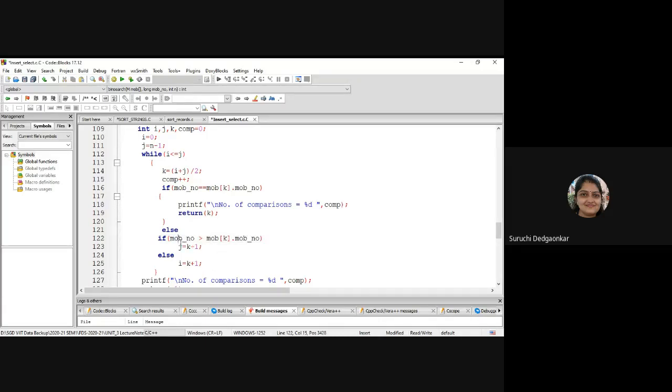Okay, otherwise if it is ascending, I will modify I to k plus 1. Okay, clear, because I will be searching in the right sub array in that case if it is ascending, but since it is descending, if key is greater I will search it in the left sub array. Okay,